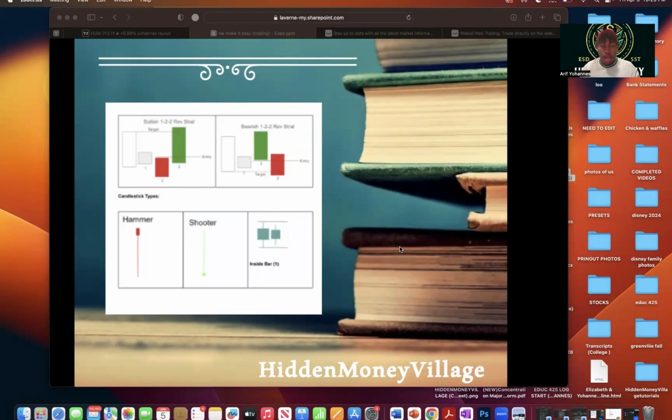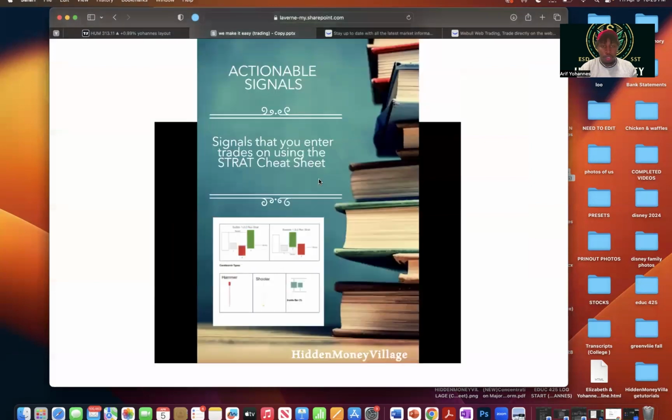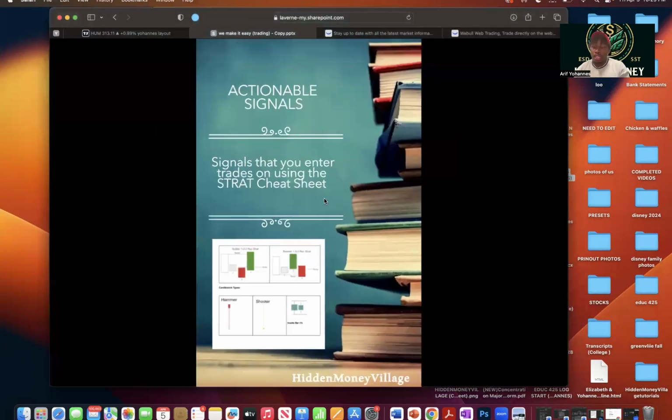All right, guys. So I'm back, and remember, we were talking right before I ended the other video, pretty quickly, about actionable signals. Actionable signals are candlesticks that tell you when to get into a play. So if you're unsure of what to enter, or when to get into a play, these are the actionable signals that you're going to read from the candlesticks to know when to get into a play,